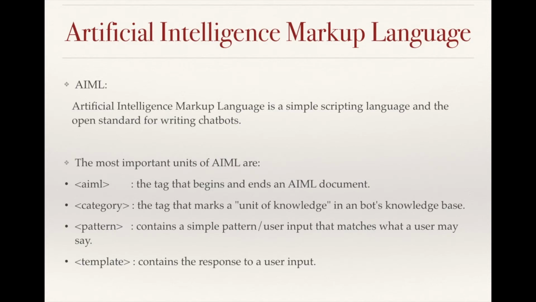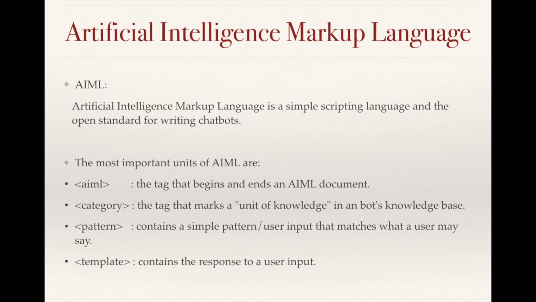So we are going to use AIML, that is Artificial Intelligence Markup Language. Now, what is AIML? AIML is an XML based language that's easy to learn, making it possible for you to begin customizing a bot or creating a bot from scratch. So this could be done within minutes. So it's really easy, just that we need to know the basic concepts.